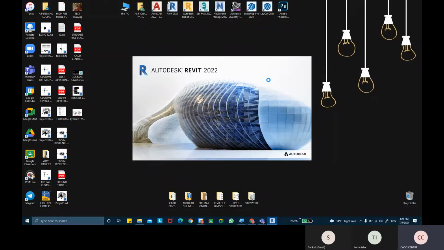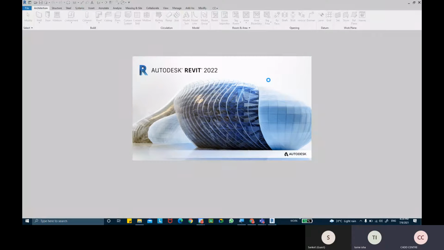Or do you want to complete the roof part first and then we should go with the ramp? Anyhow you want. Sanket, what do you suggest? Should we complete the roof first and then we go with the ramp? Yeah, let's finish the roofs first. Let's complete the roof thing first, as we have started. Ramp would be a different topic only. Fine.